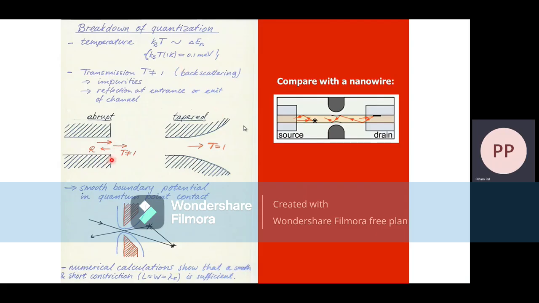Okay, reflection off this very abrupt interface. But in a real system, this is actually very hard because the two-dimensional electron gas is 100 nanometers below the surface. Therefore,